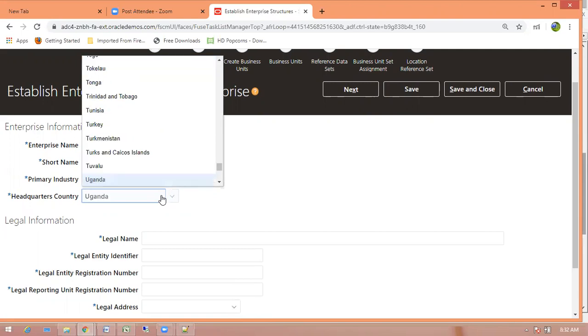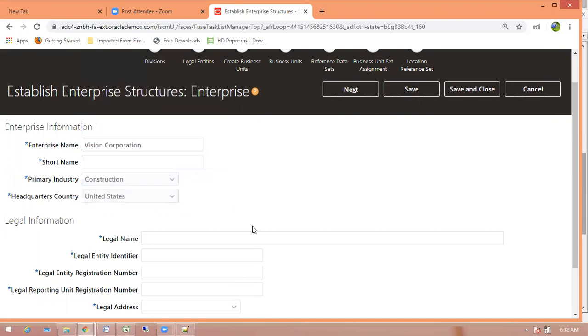So if we are not using this, then we need to go manually one by one. Manage enterprise information first, then manage legal entity. So which one is good? That one is good, right? Manage, then you will understand. You will have a better understanding. Correct, that one is good.